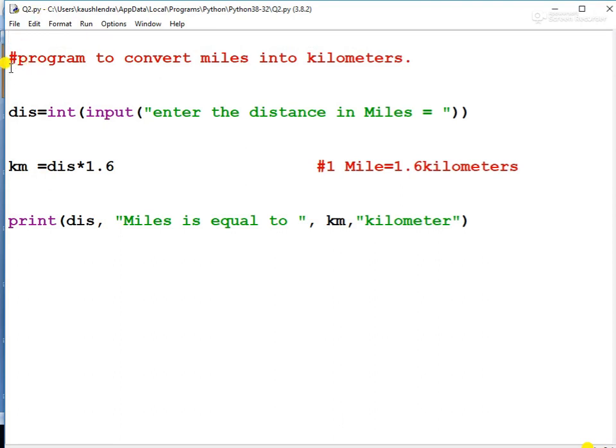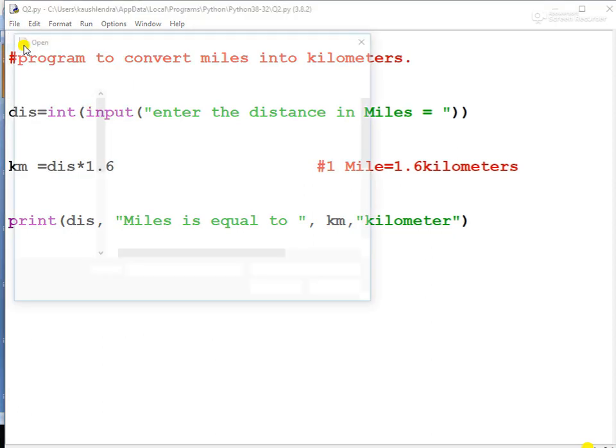One thing is left, students. Hash. I am writing here hash. The hash symbol is used for comment. It is only for the comment purpose. Students, a comment line cannot be executed by the Python interpreter. It is only for the clarification of the program. Okay, it cannot be interpreted by the Python interpreter. Our last program is left.